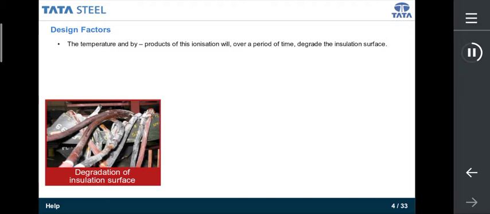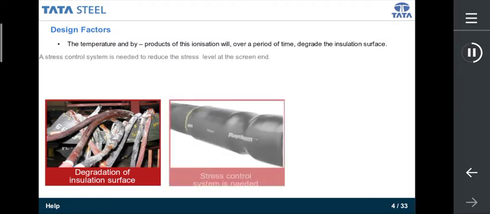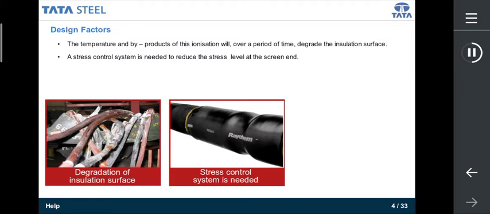To avoid this discharge and subsequent breakdown of the insulation, a stress control system is needed to reduce the stress levels at the screen end. In RHM joints and terminations, stress control at the end of the core screen is achieved using heat shrinkable tubing. This tubing has a carefully controlled volume resistivity and permittivity which smooths out the high stress areas. As the tubing is heat shrinkable, it can be used on a variety of cable types and is able to accommodate variations in the cable dimensions due to manufacturing tolerances.